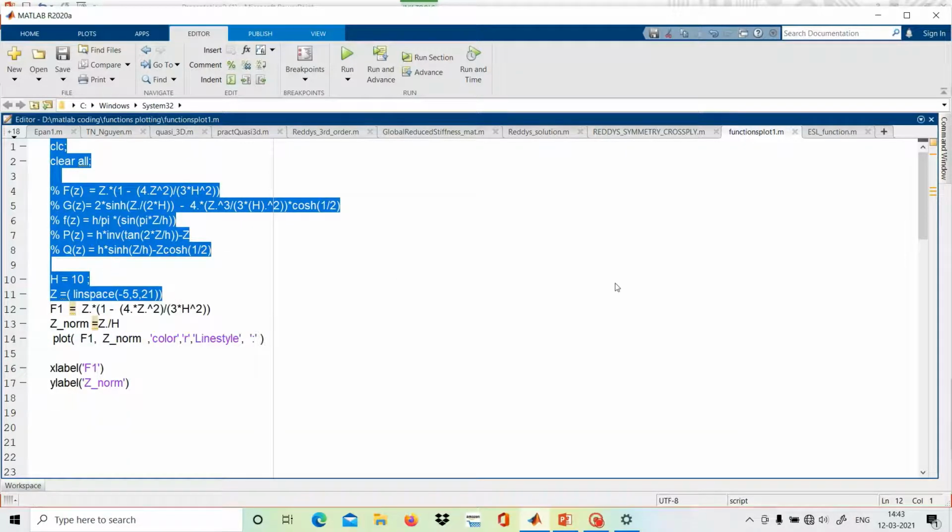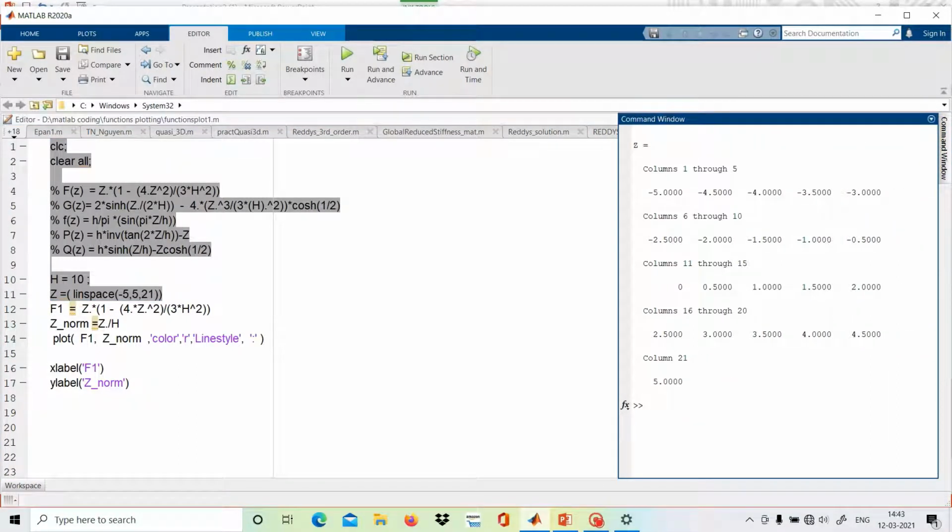So up to z value, what is it showing, we will see. So z value is shown here. It is a row vector. Okay, it's column 1 through column 5 and column 6 through, and how many columns? Column 21. But if you want only one column and 21 rows.